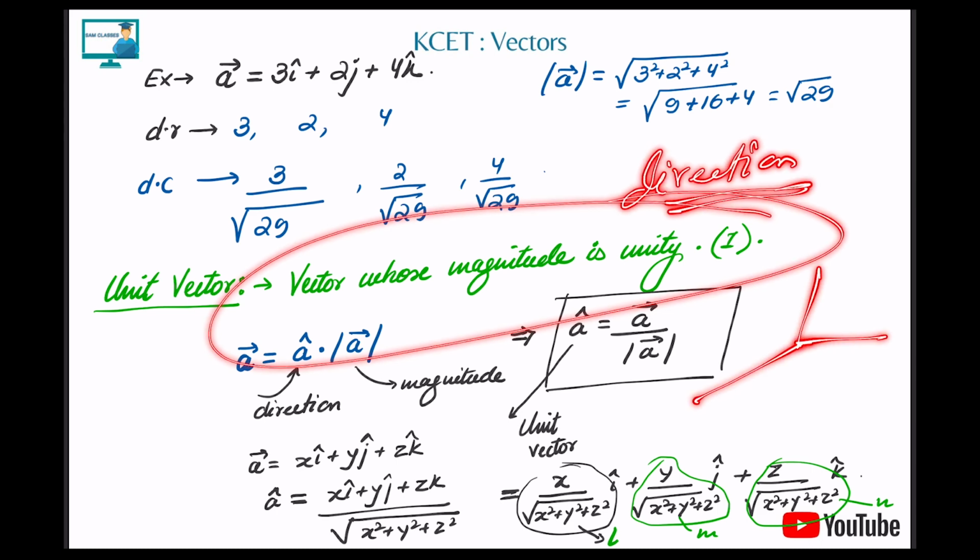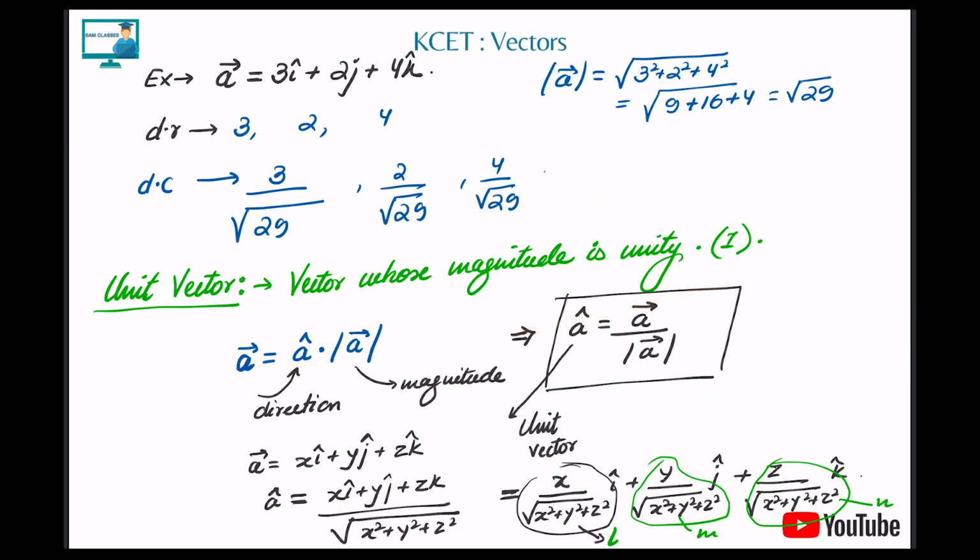We already know, let's say this is my x-axis. Along the x-axis, 1 unit, which shows the direction, is i cap. Along the y-axis, j cap. And along, let's say, the z-axis, k cap. So these are basically unit vectors along the x, y, and z axes. They have magnitude 1, but they're basically used for showing the direction. Clear? So any vector has two things: one, a unit vector, that is the direction, and two, its magnitude. So a unit vector can be written as the vector divided by its magnitude. Correct? Done. Very important, this one also.